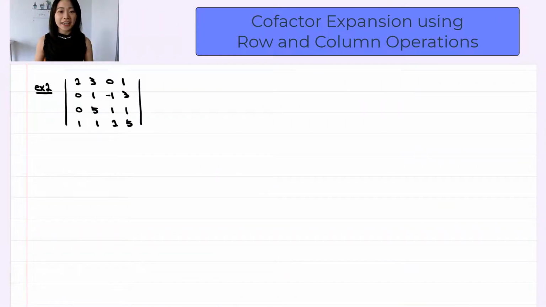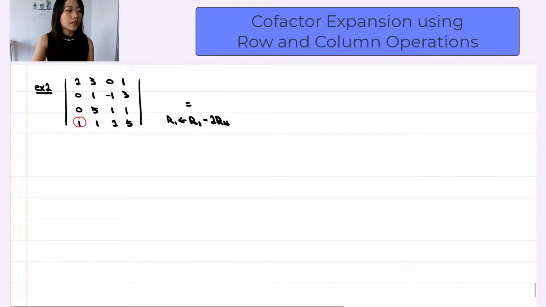Now let's look at the second example. Here we have a 4x4 determinant. Again, we are going to pick the row or the column that has more zero entries. Here I see there are 2 zeros along the first column, and there's also a 1 in the fourth row. So I'm going to keep this 1, and I'll eliminate the other entries along the first column. Then I can replace row 1 by row 1 minus 2 times row 4